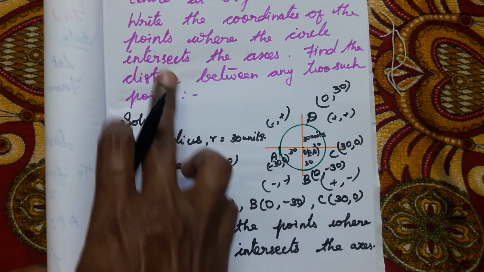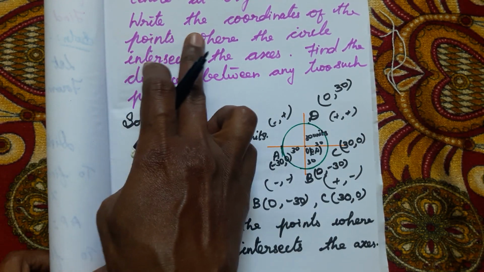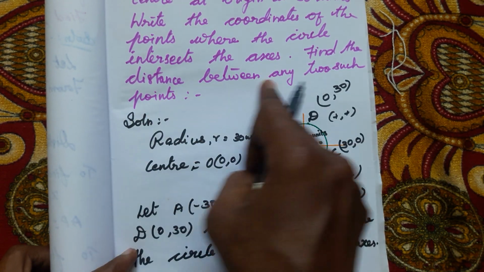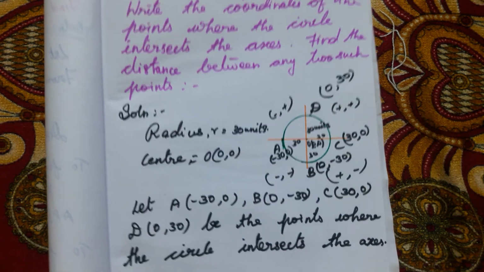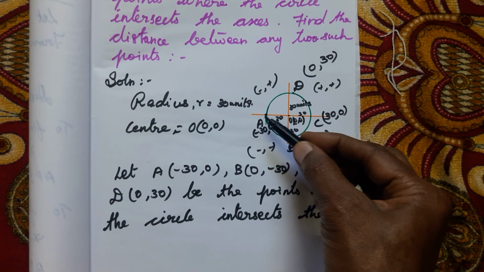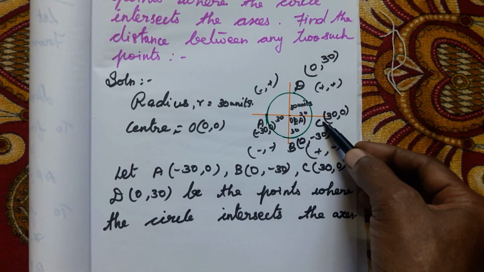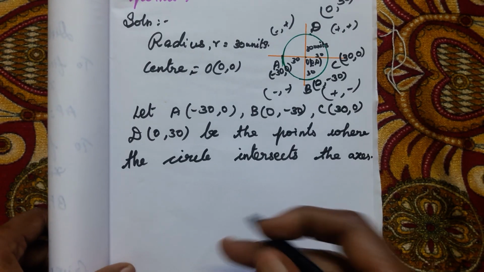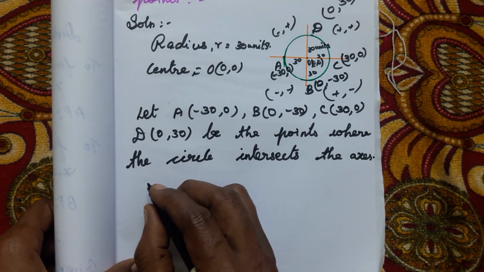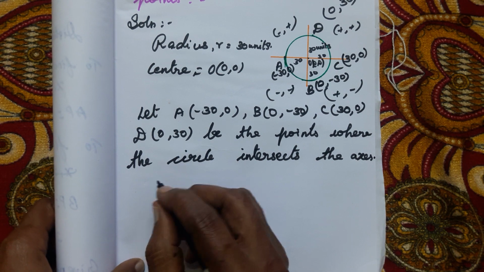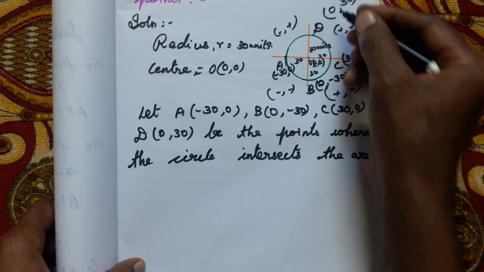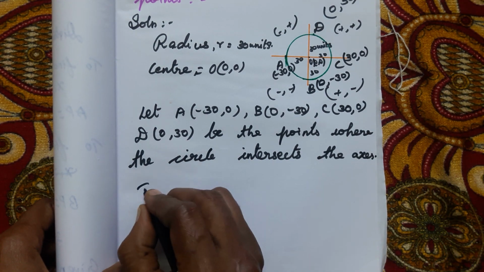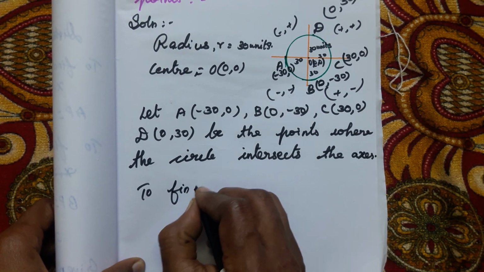Next, what is the question? We have written: write the coordinates of the points where the circle intersects the axis. Next, find the distance between any two such points. We have to find out the distance between AB, or BC, or CD, or AD. Any two points we want to find out. Shall we find out the distance between AB? Or AD, or CD also we can find out. To find AD,